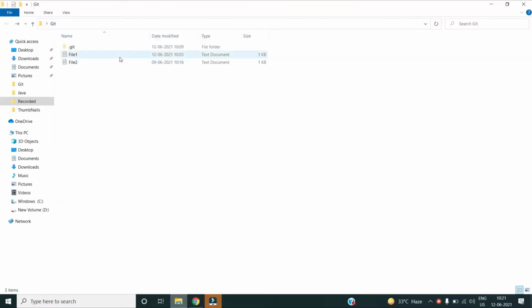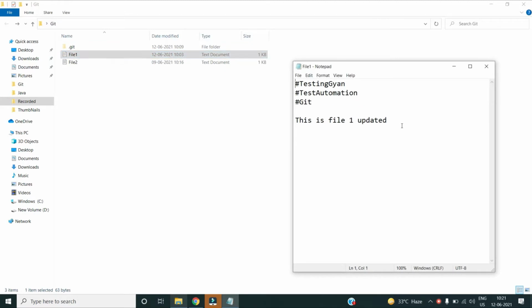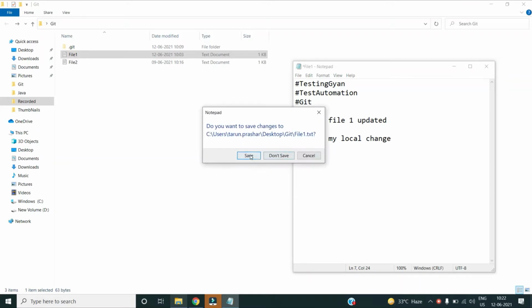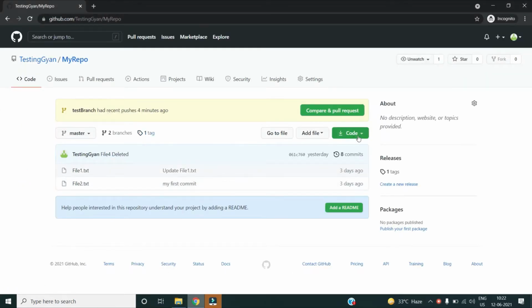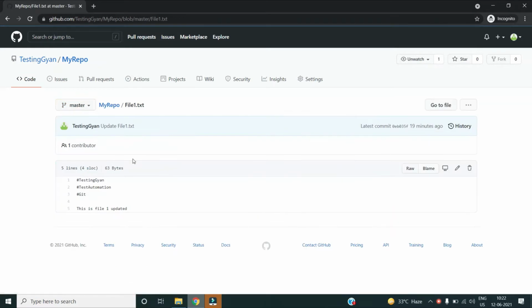So let's say I'm making a change to this file. This is my local change. I made this change and I saved my file. At the same time, one of my colleagues who was also working on the same file, they also made changes in the same file.